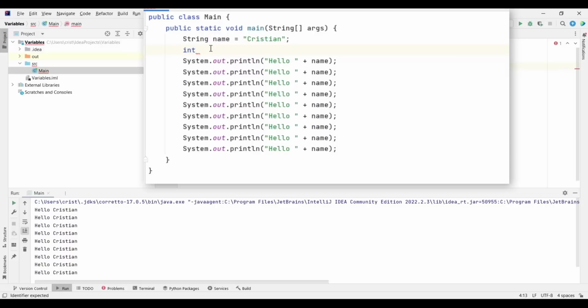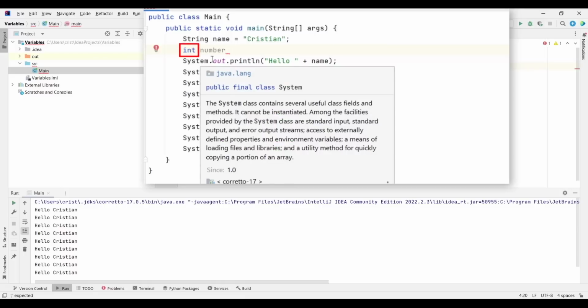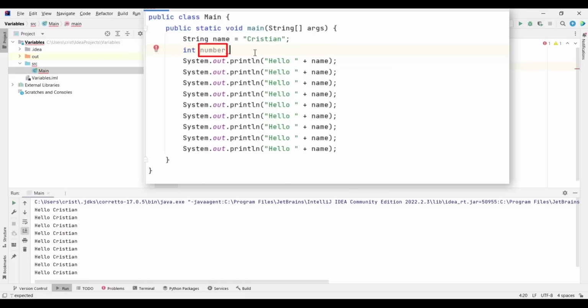And I will type here a name for the variable, number. So first we define the type int, the name of the variable number, and I'm gonna put equals, let's say 23. And now we have no errors. Let's just put a semicolon here. Now let's also put here some more text.